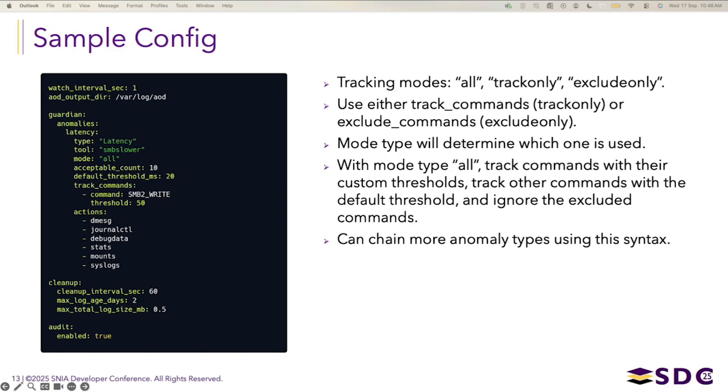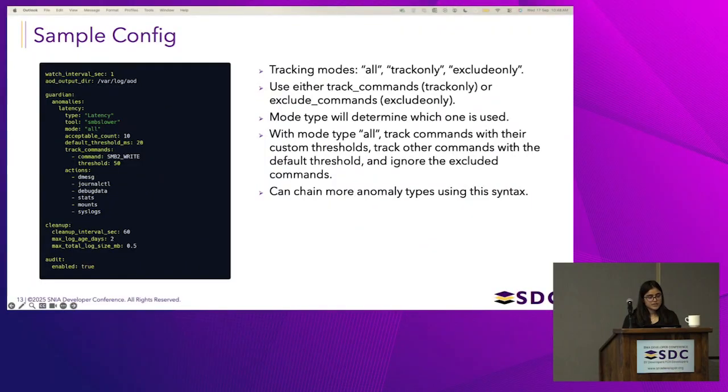And the first anomaly type that we are listening for is latency. So right now, AOD only has support for latency anomalies. But once we get the eBPF tool for SMB IO Snoop, for tracing the error codes, it will be very easy to add error code support as well. Now, type is latency, tool is SMB slower, and then we provide a way to tune